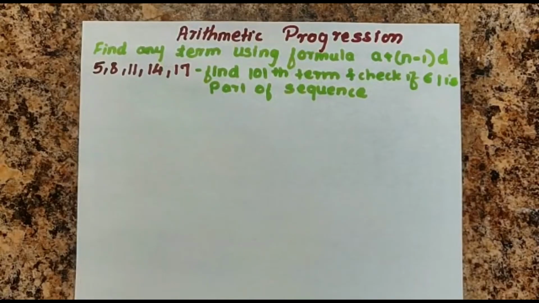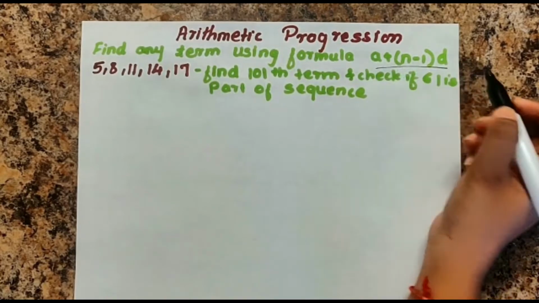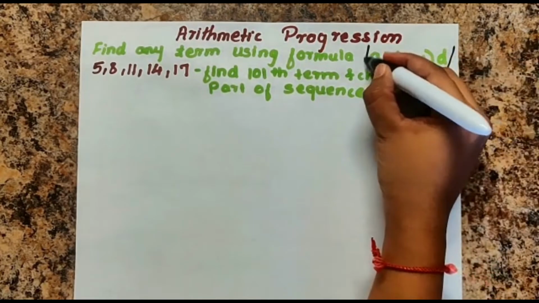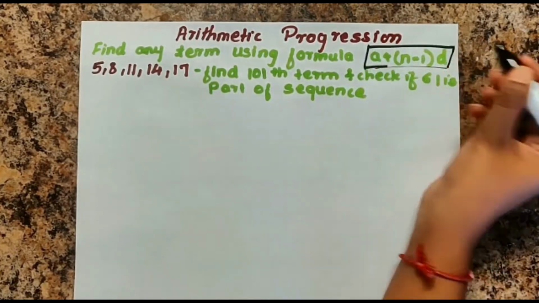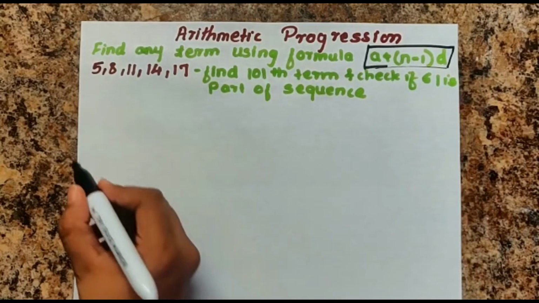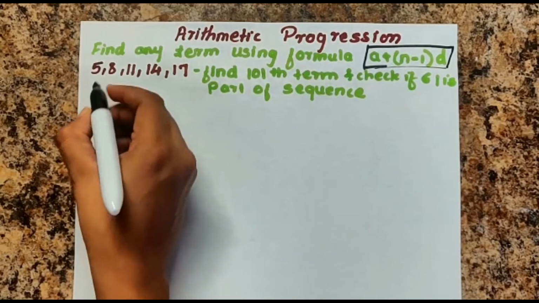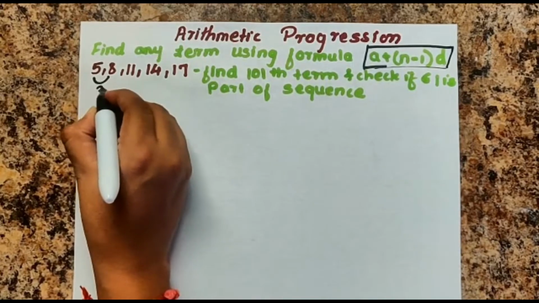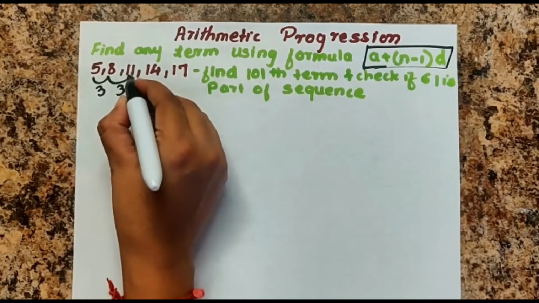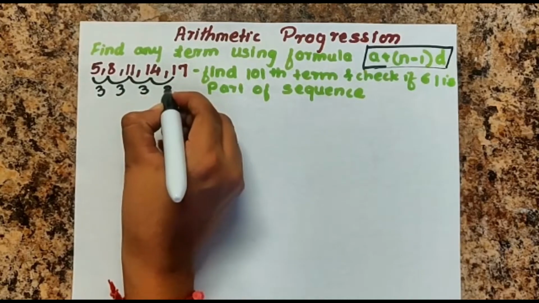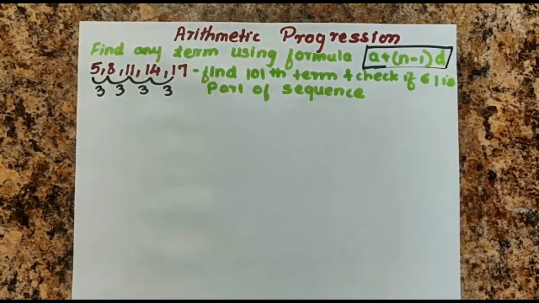Today let's see how to derive the formula a plus n minus 1 into d to find any term. So let's take an example: 5, 8, 11, 14 and 17. If you look, there is a difference of 3 between two consecutive numbers, which means it's